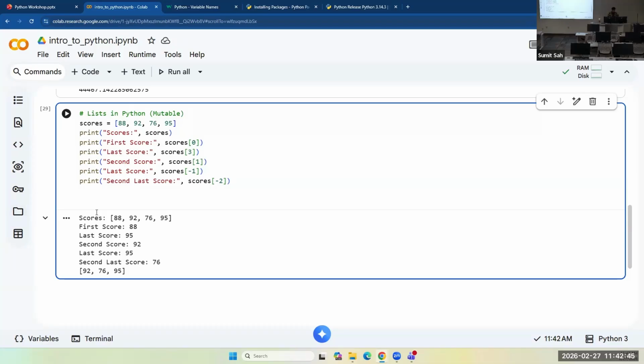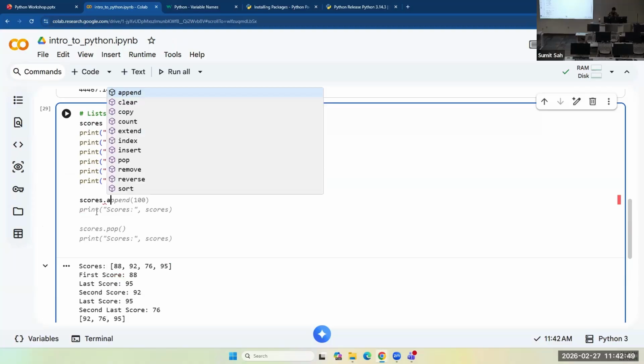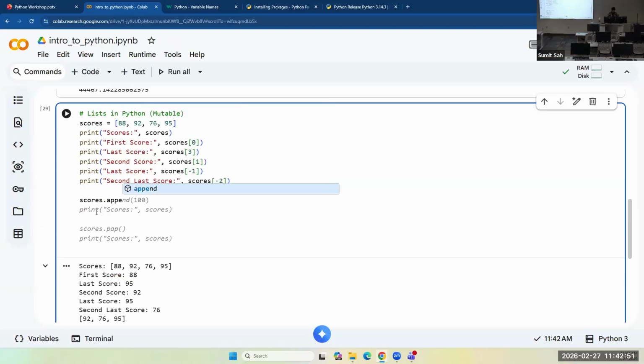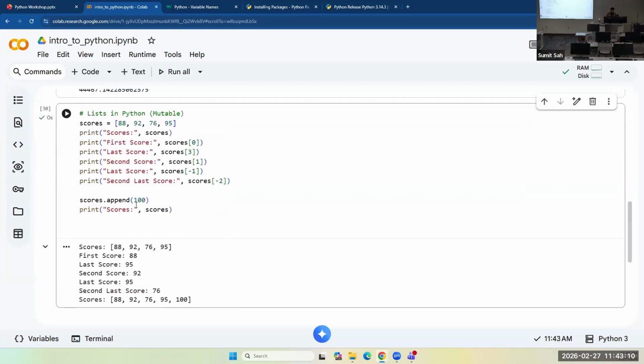If you want to add values in the list, you would use the append word, and you use pop to remove. So append is going to add 100 at the last. And now you see my new scores have 100.